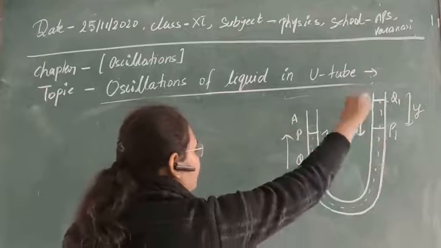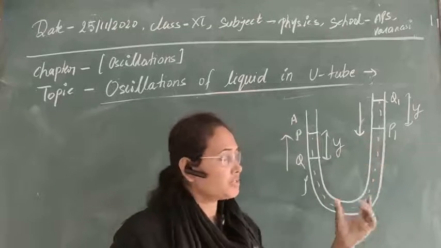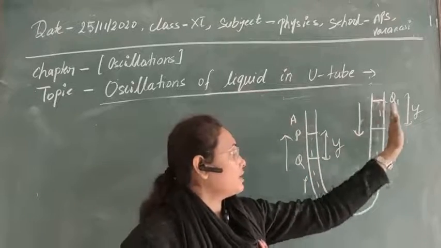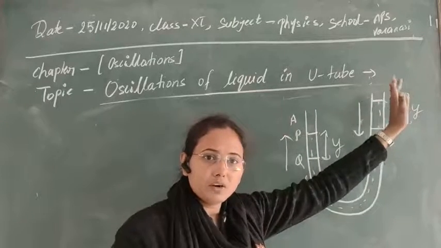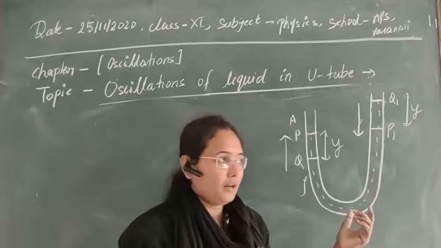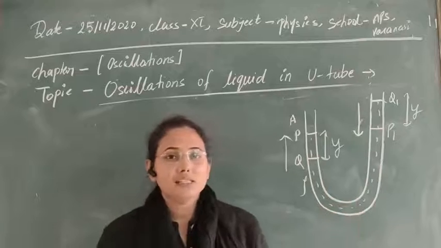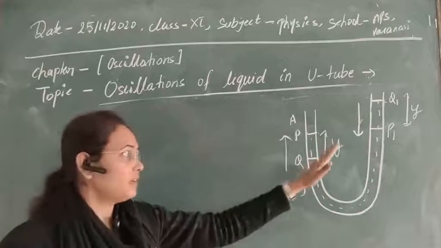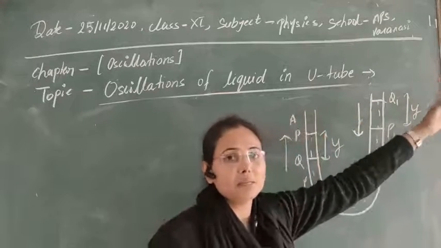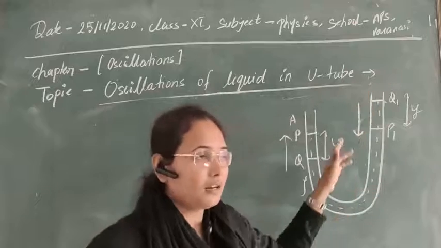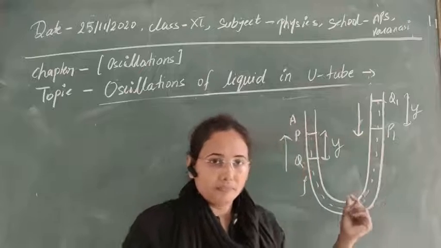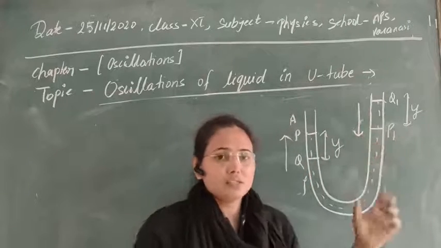And that's why, what is the value of the restoring force? Now what we have to see here is whether, due to this displacement, the liquid will perform simple harmonic oscillation or not. As we are seeing, the primary condition for simple harmonic oscillation is fulfilled here: we are allowed to displace the liquid column by some amount, and due to the displacement there is the establishment of a restoring force produced in this system. So this is the primary condition.